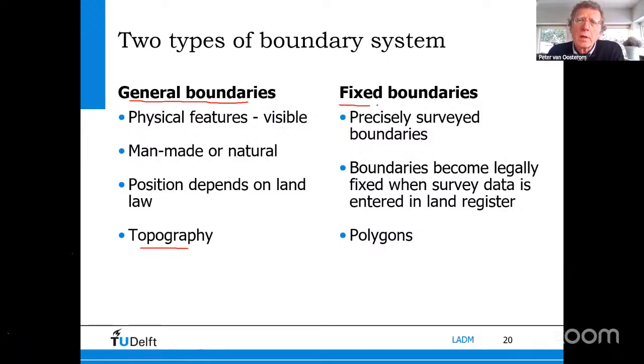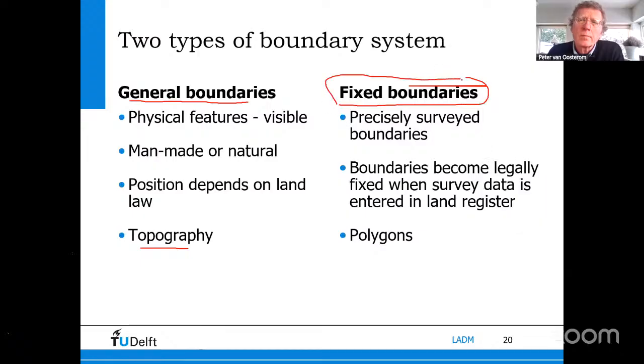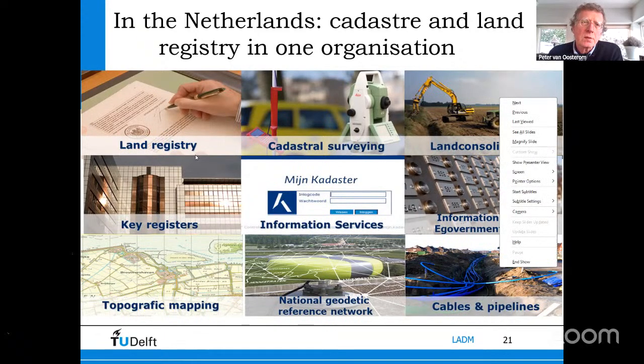Most countries, however, use fixed boundaries based on coordinates, surveyed with surveying techniques. And it doesn't matter where the wall is or where the tree or the river is. The surveyed boundary is the legal boundary. And these boundaries should be forming closed loops, a kind of polygon, and have a certain area. If you look at the Netherlands, we see that Cadastre and Land Registry are in one